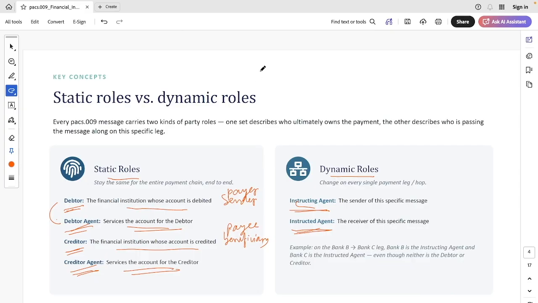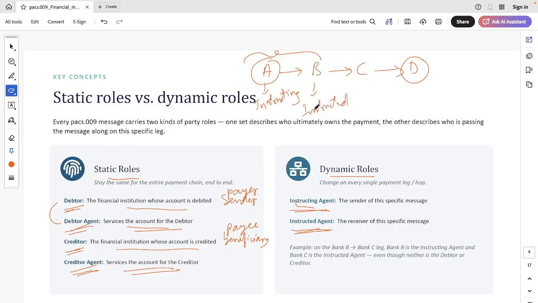Now let's take an example. Suppose there are four banks, Bank A, Bank B, Bank C, and Bank D. So Bank A is sending to Bank B, Bank B is sending to Bank C, Bank C is sending to Bank D. Now Bank A is the original debtor side, and Bank D is the final creditor side. On the first leg, Bank A sends the message to Bank B. So here Bank A is the instructing agent,